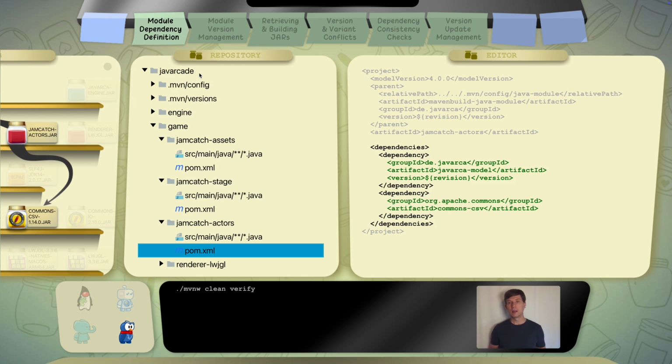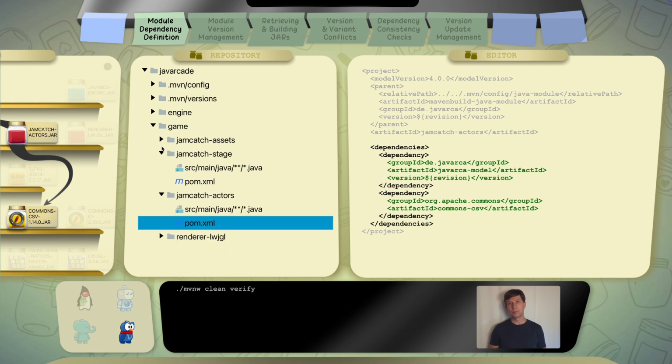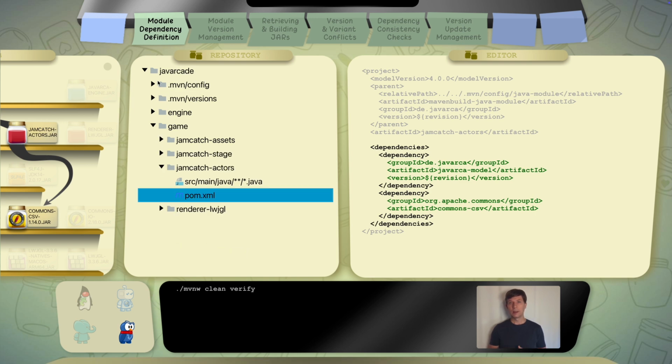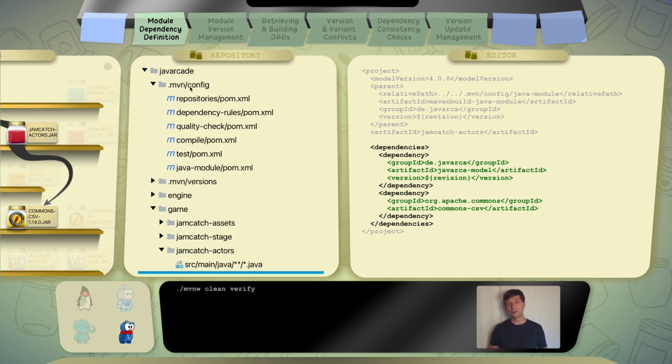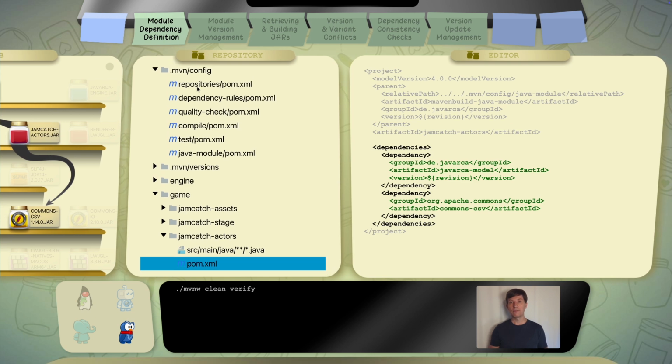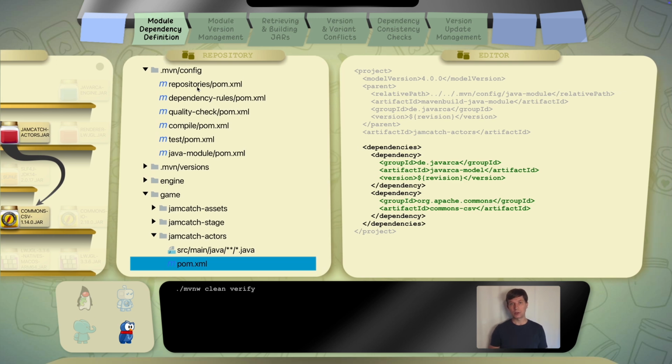What I did, similarly to the Gradle setup, is putting the Maven configuration files into a separate folder. I used .maven/config, as the .maven folder is something you may have in your project already. But as with Gradle, you could choose any location for that. Then inside this config folder, I have separate subfolders, each with a parent POM XML file. The parent of my modules is the Java module POM XML. So the same names that I used in the Gradle setup.